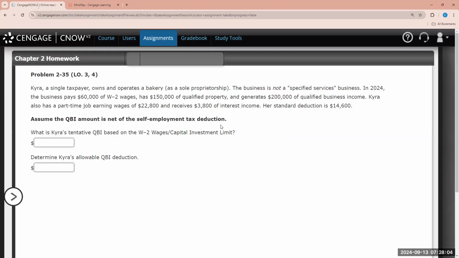Next, we have Kyra, and it's asking, what is Kyra's tentative QBI based on a W-2 wages and capital investment limit, and determine Kyra's allowable QBI deduction. It says Kyra, a single taxpayer, owns and operates a bakery as a sole proprietorship. The business is not a specified services business. In 2024,